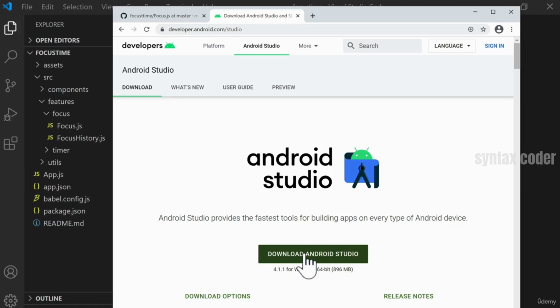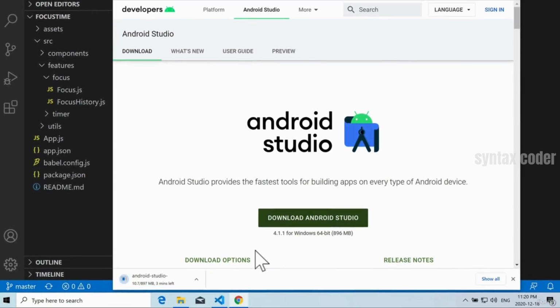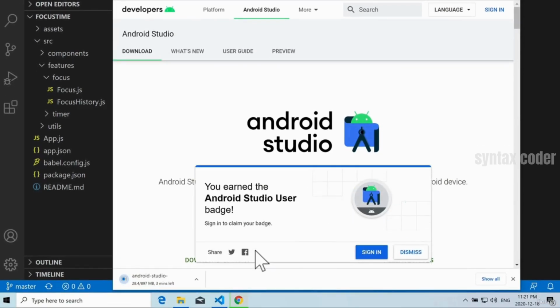Hands down, one of the greatest tools for Android development if you're doing it natively. But in this case, we're not doing native Android development. No. We're doing React Native development, which is so much cooler because we write once, target both platforms. So much cooler than just writing for one platform. But okay, why do I need Android Studio then? You just said it's for Android developers. It comes with tools that are required on your machine locally in order for you to be able to build on your local machine